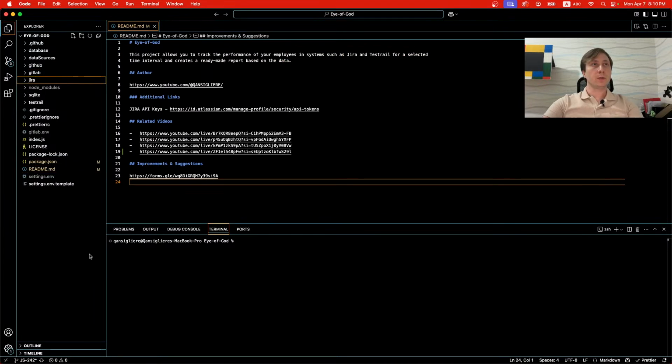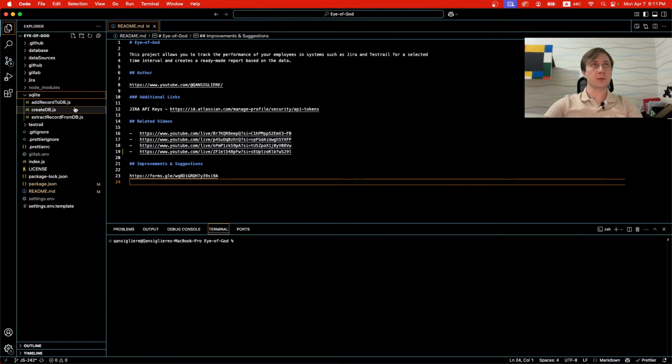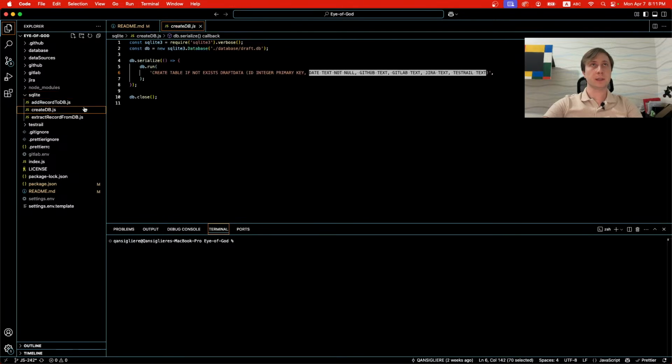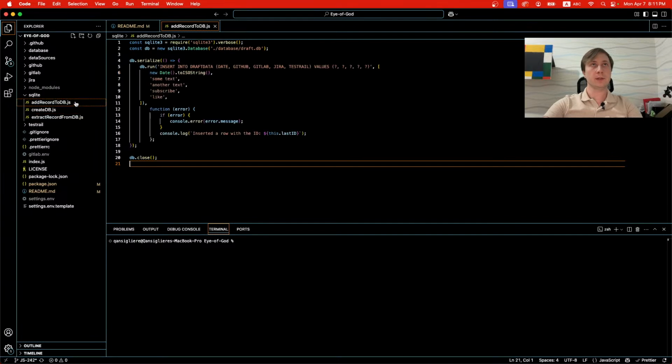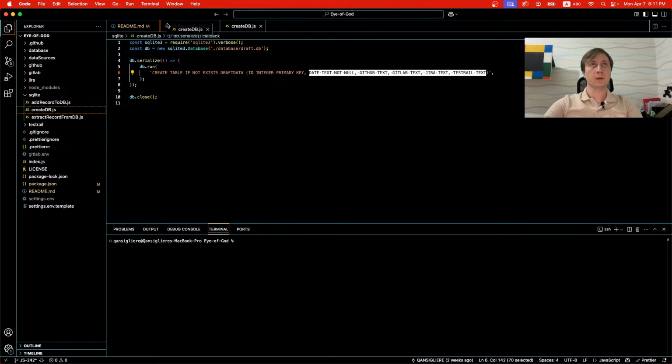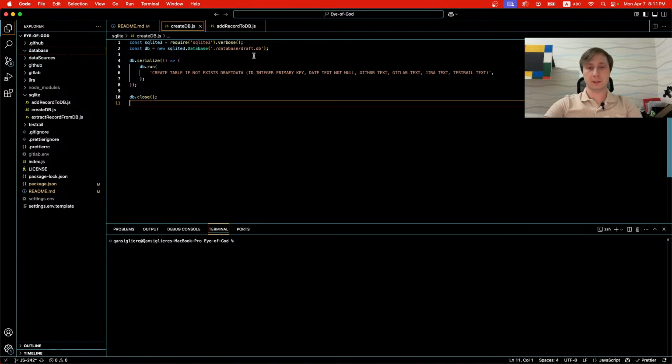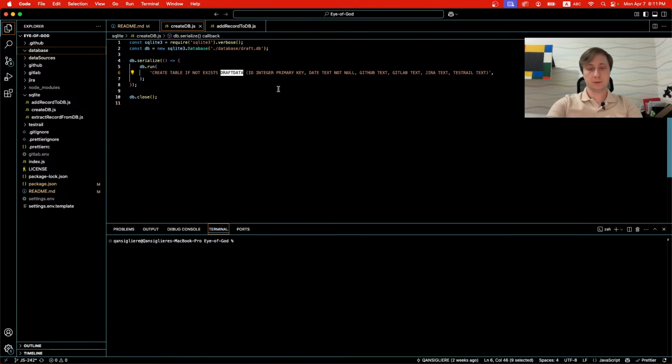Alright, so what we are going to do. First of all, let's save the uploaded data. For this purpose, we will use this integration to create database, and to add record to the database. Alright, and database folder is empty. So what we are going to do, we are going to create a draft database file. Let's create a table, draft data,